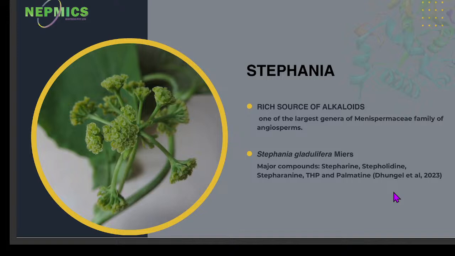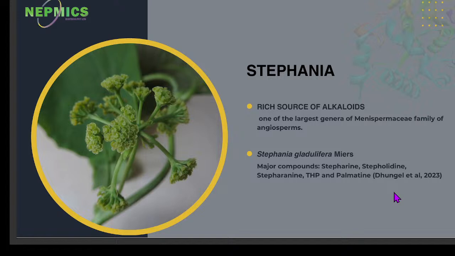The main distinguishing point of these species is the flower. The flower itself, the inflorescence and all that, distinguish them into different species. That is how we taxonomically distinguish Stephania glandulifera,